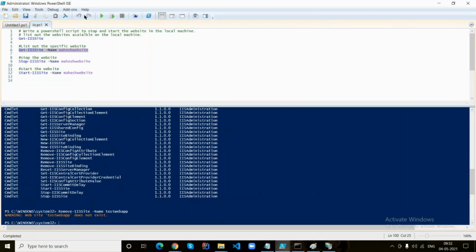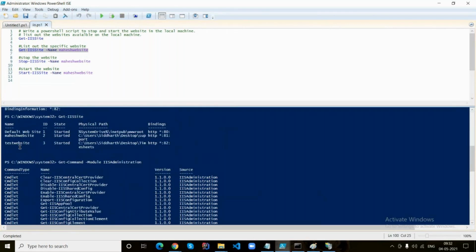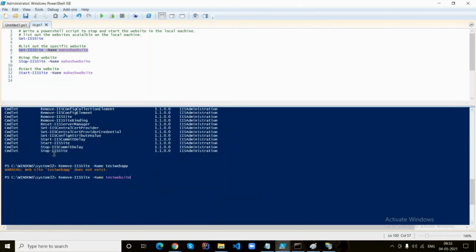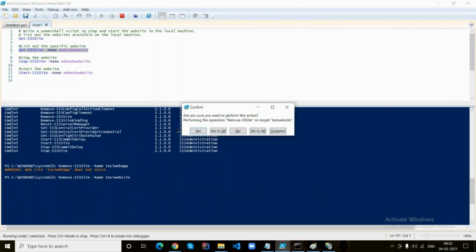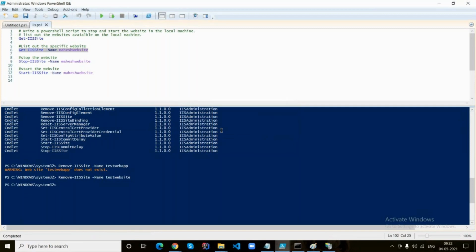The website name that you passed is not exactly what is available. So hope all of you are able to see that the test website which was available just before execution is deleted now. Now you can see only two websites.